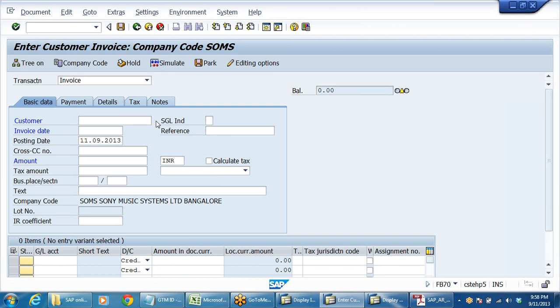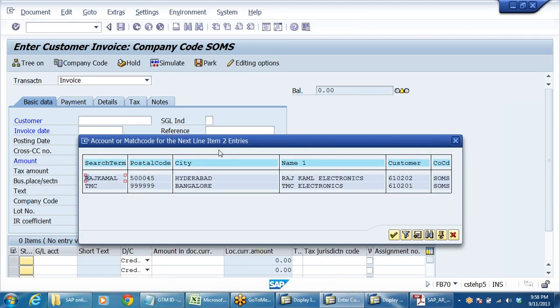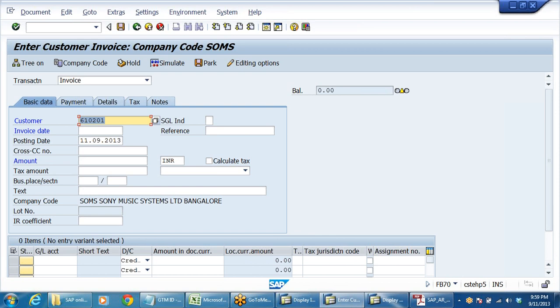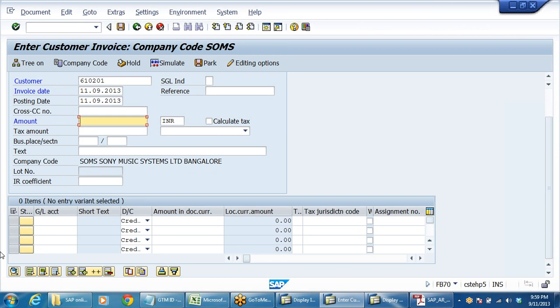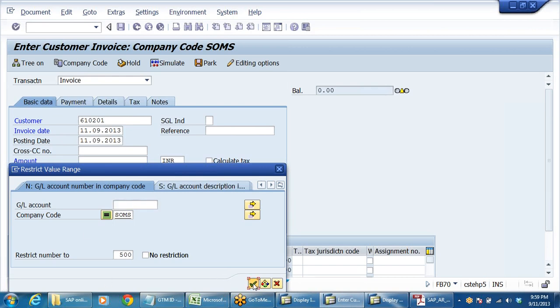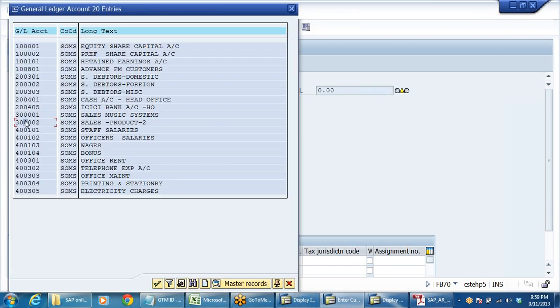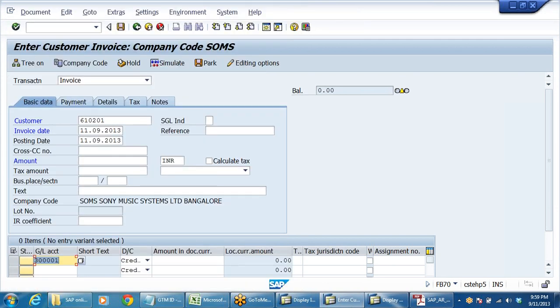See, customer, you can select a customer, 201, invoice date, same today's date I am taking. Here GL account, sales account I need to take. Let me see how many sales accounts we have. 3 lakhs 1, 3 lakhs 2. Sales music systems, product 2. So what I can do, I can take, say, 3 lakh 1